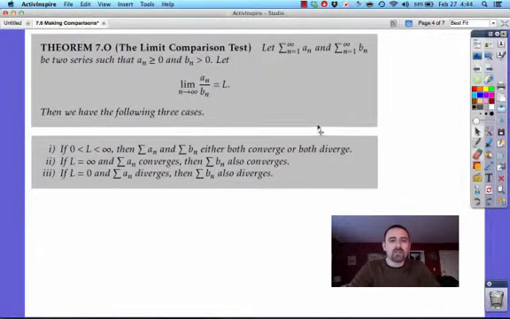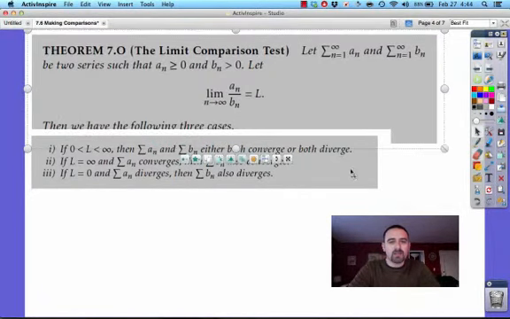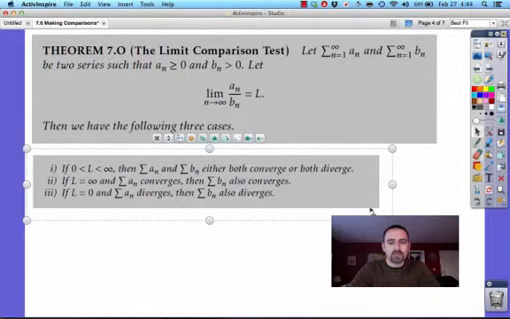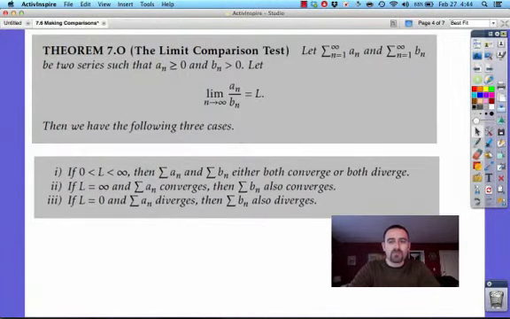Okay, the next one is kind of a similar idea, only we're going to use limits this time. This is called the limit comparison test. And here's how it works. You take two sequences, two series, hopefully one series you know something about, okay? And you take the ratio of the two and take the limit as n goes to infinity. There are three cases. If the limit ends up being finite, so it goes to a number besides 0, a positive number that is not 0, then either both a and b converge, the sums rather, or a and b diverge, so they